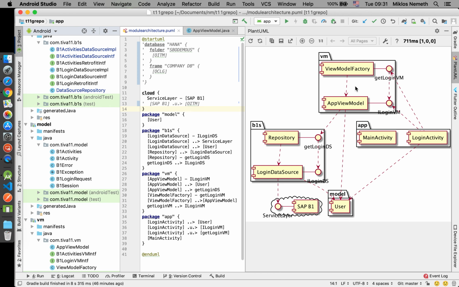And then exactly the same architecture was adopted by the Google team to promote this model view model